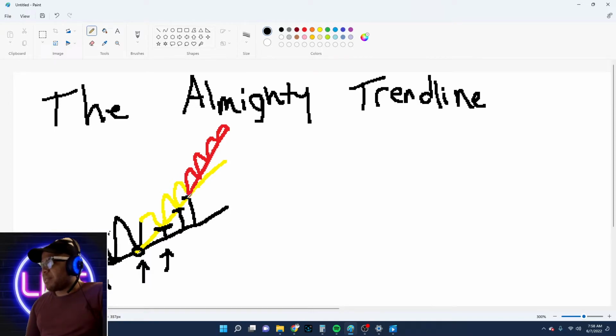This is kind of called a bump and run pattern. It comes down here, it bumps, and then it just runs higher. So this sense of urgency here by the bulls, they didn't think that they would get a better price, so they started buying earlier. And then you have the same thing here. It comes down again, and then it accelerates again to the upside. This shows you once again more urgency by the bulls, because they don't think that they're going to be able to get these prices.